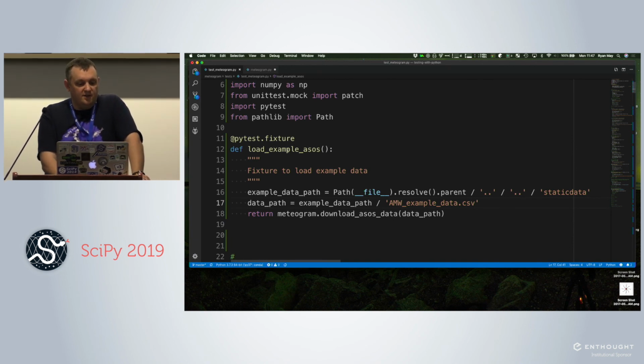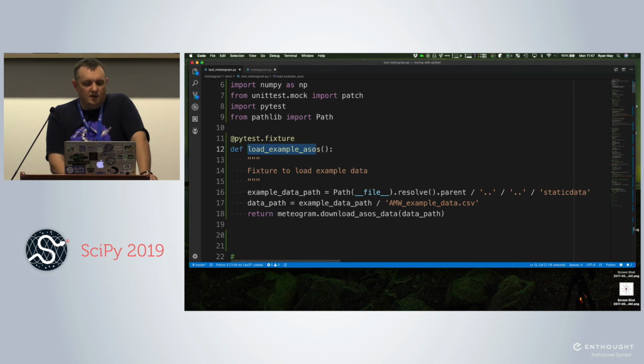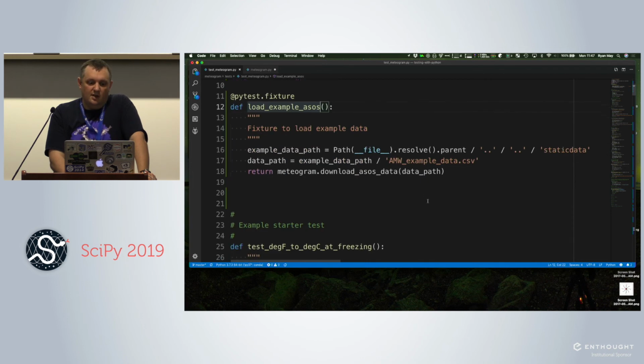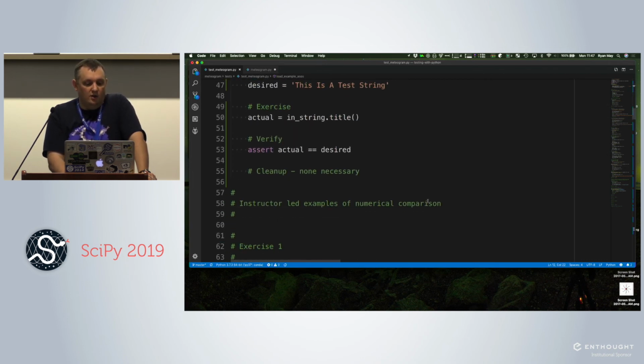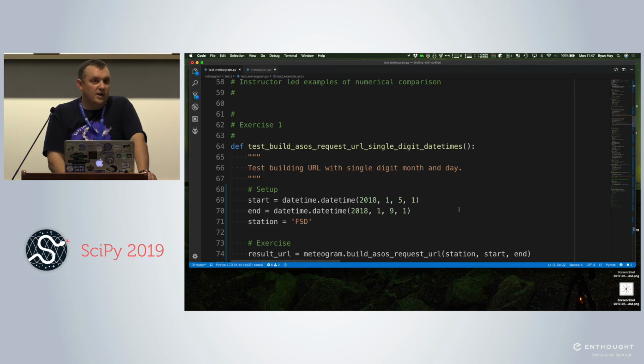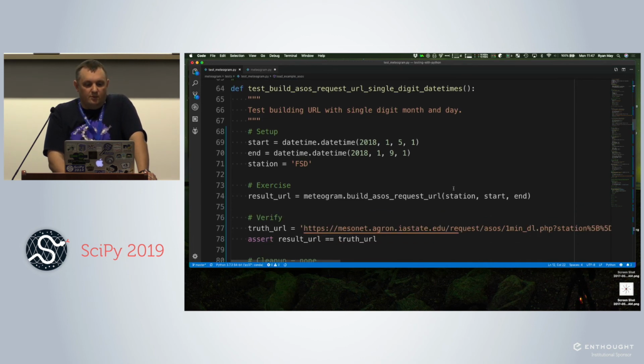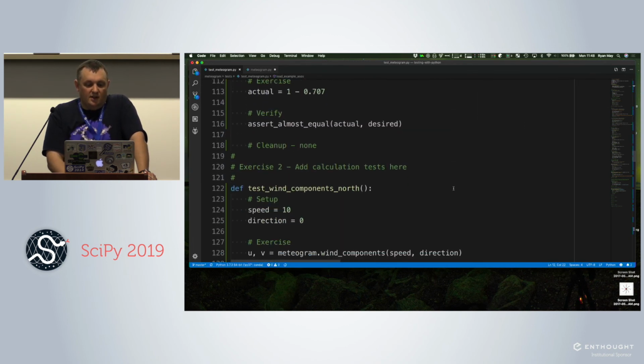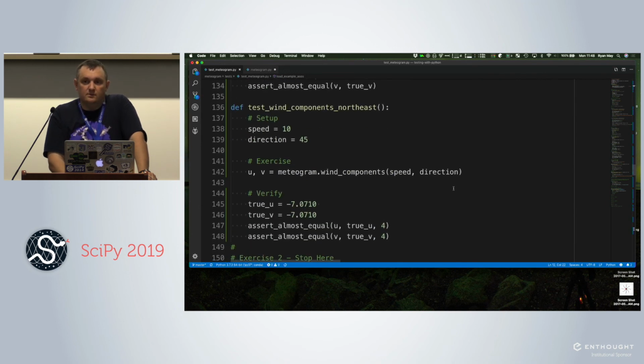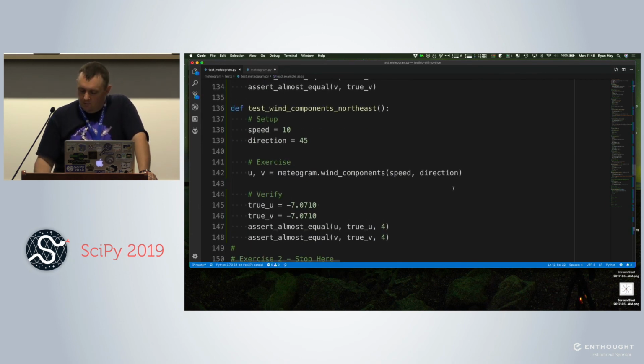where instead of downloading data, we just have our example data sitting there ready to go. And so we could reuse this across all those functions, and then any changes we need to make in terms of how it loads the data, what processes, what functions, are all encapsulated in the single function that we don't even have to call. Don't have to worry about calling conventions, parameters. We just need to set it as the name of an argument to our test function. And so that's what fixtures are really good for.